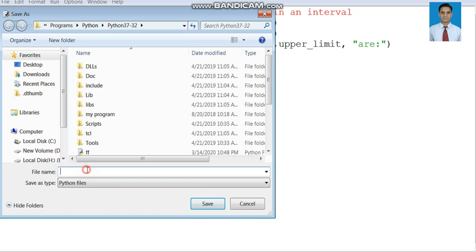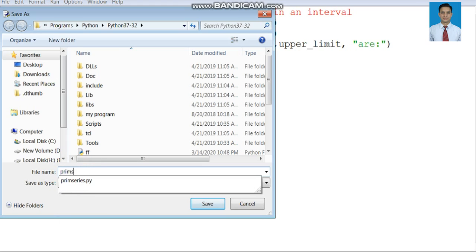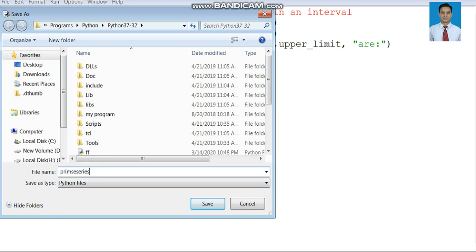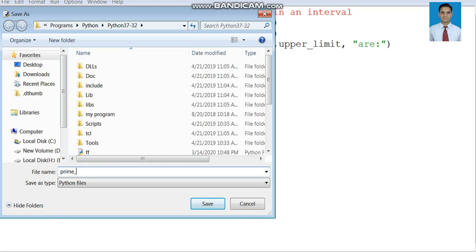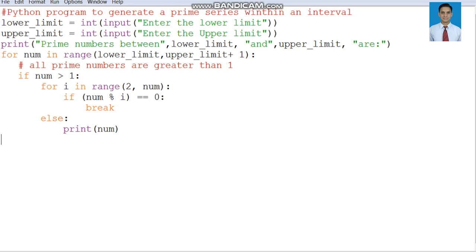We will save this program as prime underscore series dot py, right? And let us run this program, F5 or directly from here.